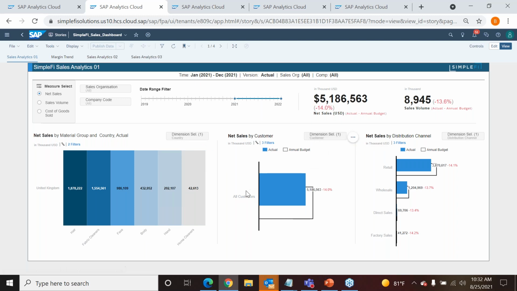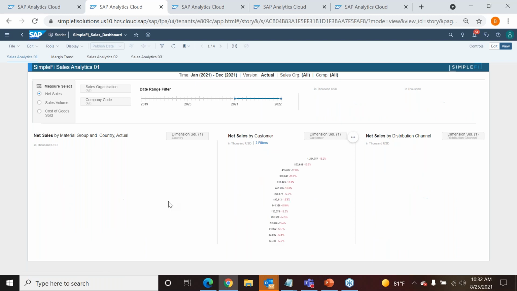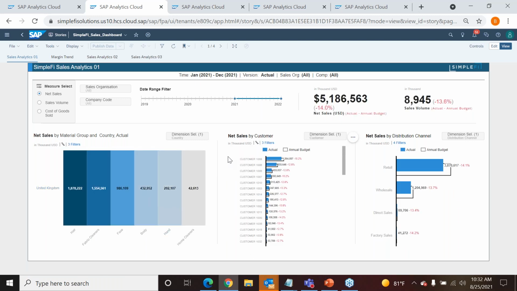Now I've changed my dimension to customers. I'm going to go ahead and drill down because all customers doesn't really tell me much. Okay. And so now I can see all of my customers. Again, they're generic for the demo, but you can see all the different customers, and we have them also sorted here to give us a better view. Okay. So now I can do additional, right? I can do a couple things. I could, if I wanted to, I guess maybe I'll try and reset and show you a different example as well. So this would be an example of using multi-filters